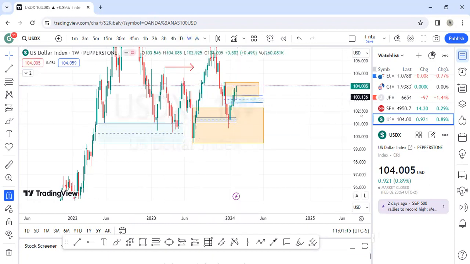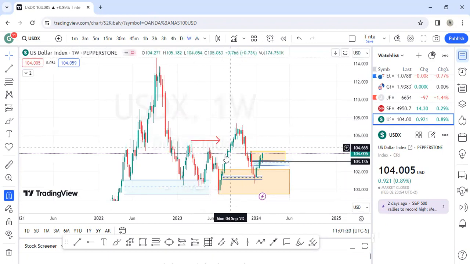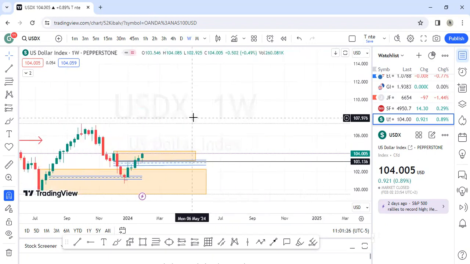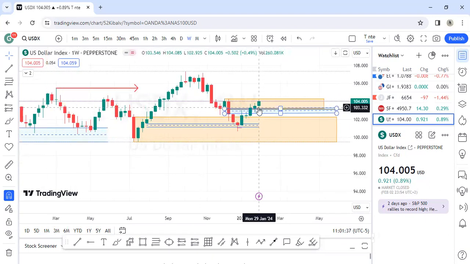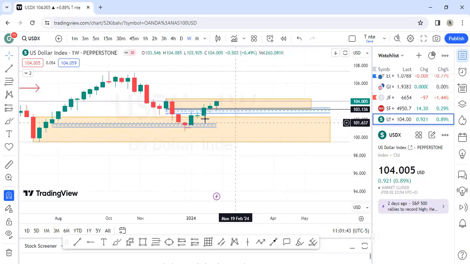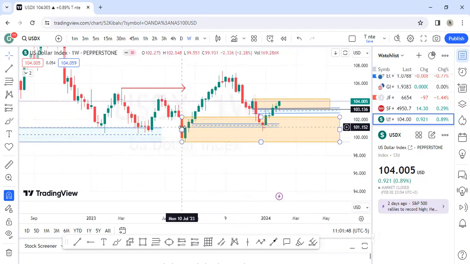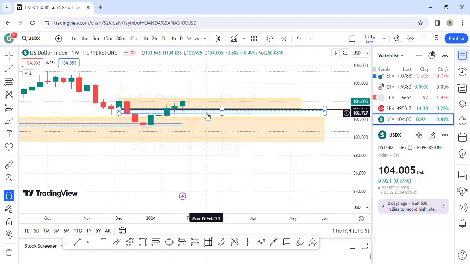You can see that we had the weekly break of structure. The market broke this structure and then came back to our order block. So this order block was here, and if you zoom in carefully, we had this fair value gap created inside this order block. The market came there and you can see this nice rejection. This is a very nice pin bar. If you trade candlestick patterns, this is a very nice reversal candle. Not only that, the body of this candle overshadowed the previous one, so that is an engulfing candle after a pin bar was shown. That was a very good reversal pattern. And you can see very closely that we had, let me take this off.